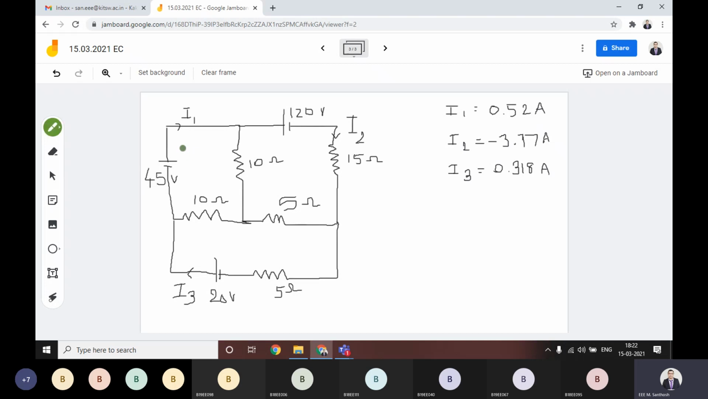This is pretty simple. What he did is simply he assumed the current direction. The current direction must be the same. Okay, this is I1, let us suppose, and this is I2. This is I3. You have to write the KVL equations for each loop. The KVL equations you can write first. If you are writing for this, 45